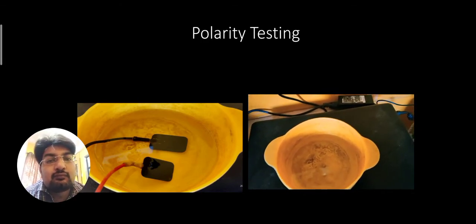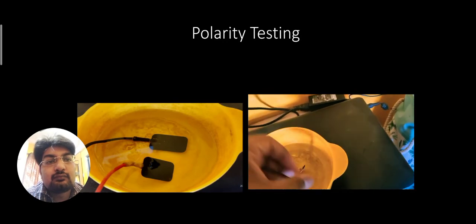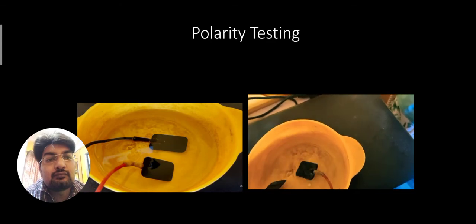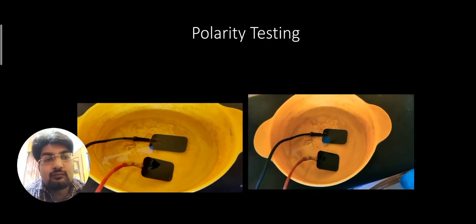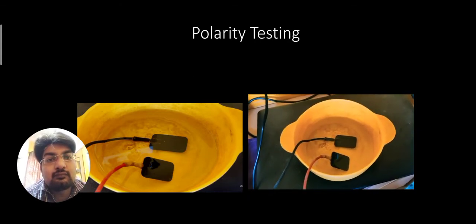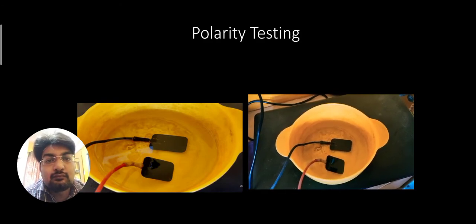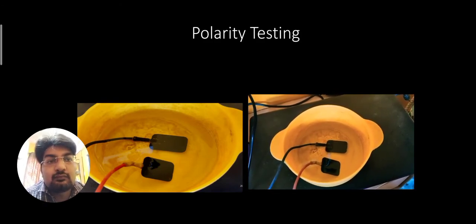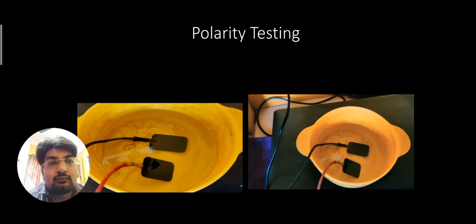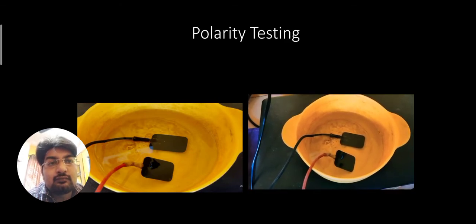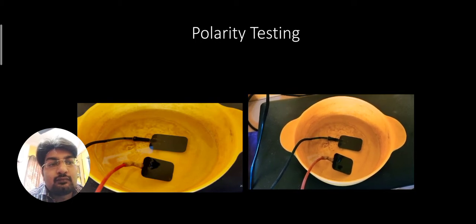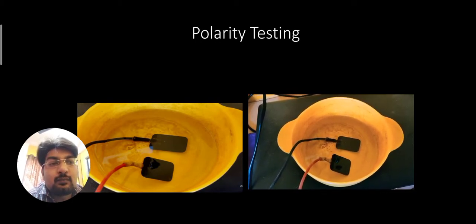Then you have to insert the electrodes. One will be the cathode, another will be the anode. Insert them, then select galvanic current, switch on the machine and increase the intensity. After some time, you will see bubbles. Those bubbles are because chlorine gas is released, as sodium and chloride are there in the salt.